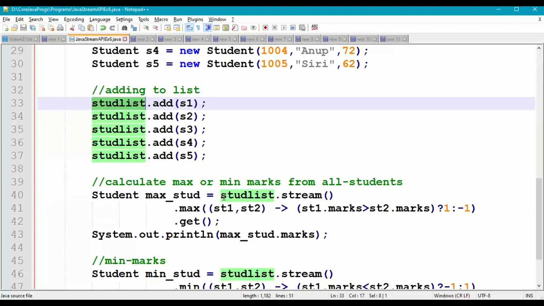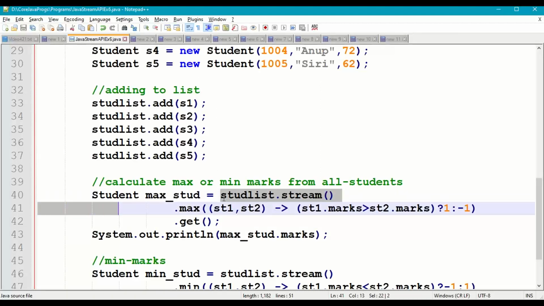which contains a collection of 5 student data. So student list dot stream returns a stream object reference, and on it I'm applying the max method. The max method takes the Comparator interface as input parameter, and the Comparator interface contains only one abstract method, compare. So we have to compare 2 values. I'm comparing st1, st2.